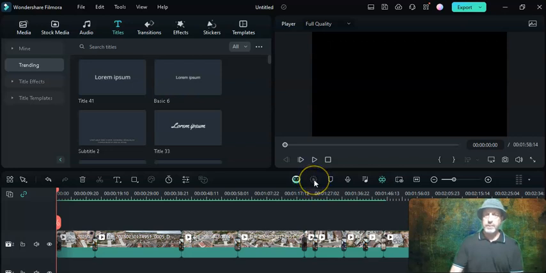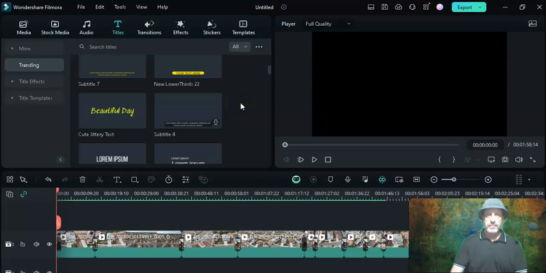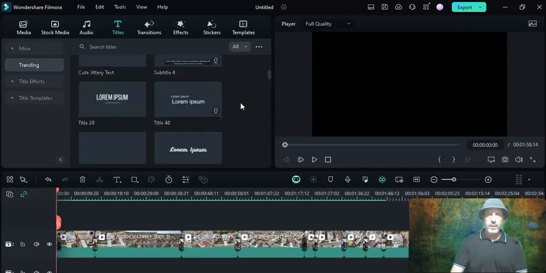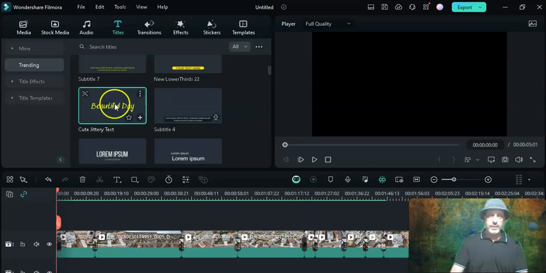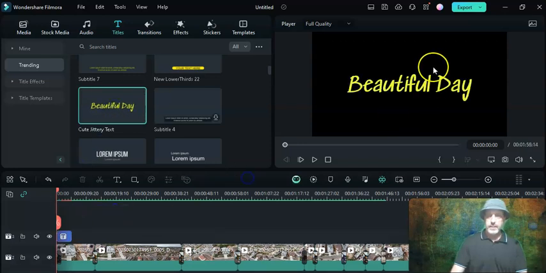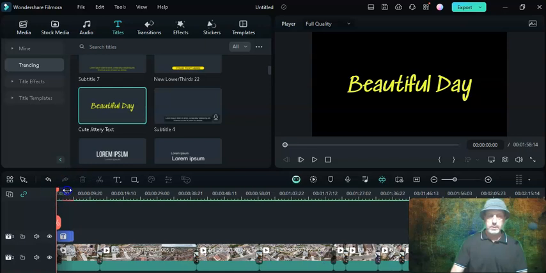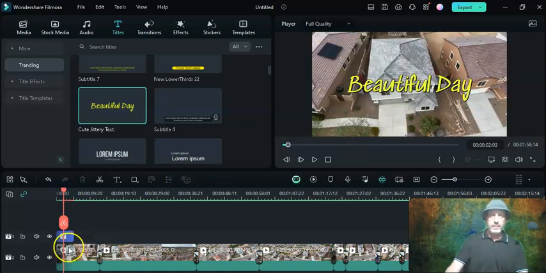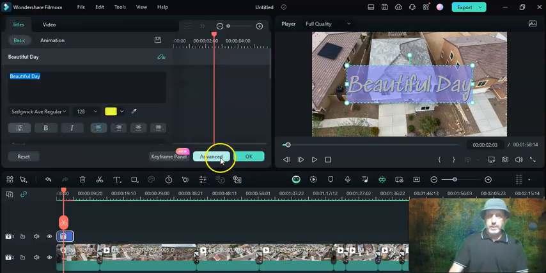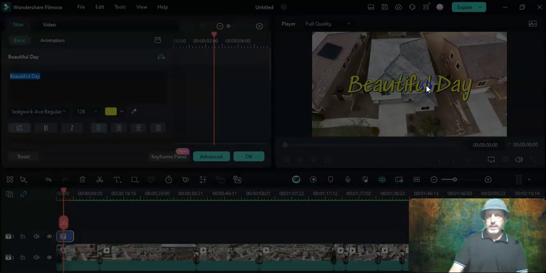I have the same thing with this rendering preview playback button, but this is a model home for Richmond homes, so I'm going to go ahead and... I always like this one, so we're going to go ahead and just pull that down here and say slide into the frame there, and then click on that, go to advanced, and I like to